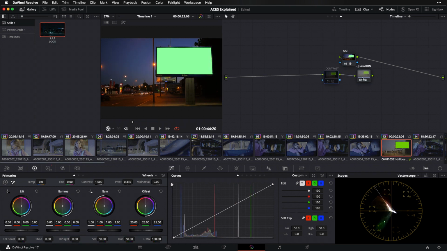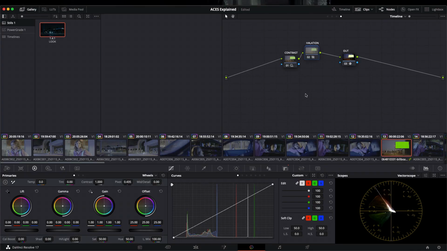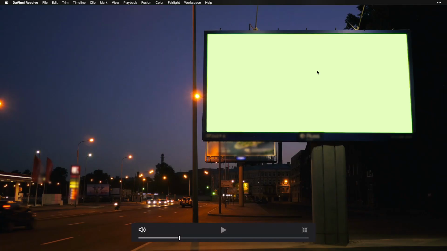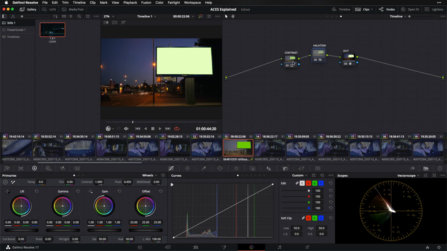This is just some basic contrast and then a little bit of halation for the specular highlights. And I want you guys to notice, if I go full screen here and I turn this contrast layer, actually that's my halation layer. Let's go to contrast and I want to turn this on and off. And I want you to notice that one of the things that I'm doing in this contrast layer is kind of softening out my shadows. My shadows are a bit above 0 now.